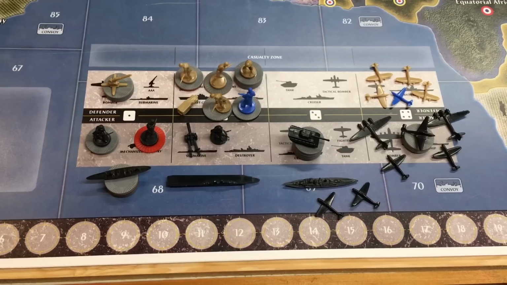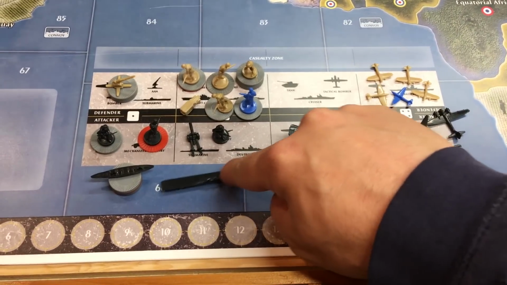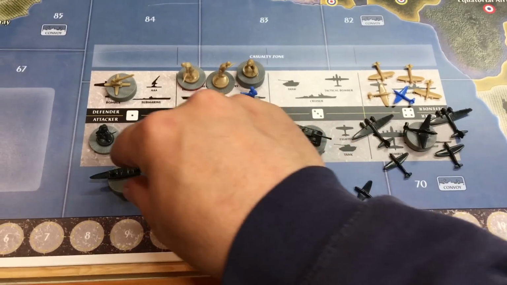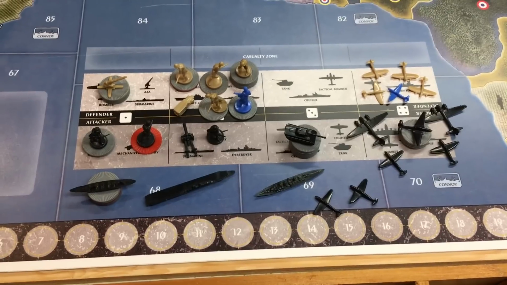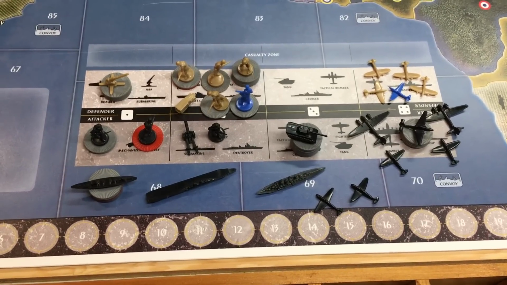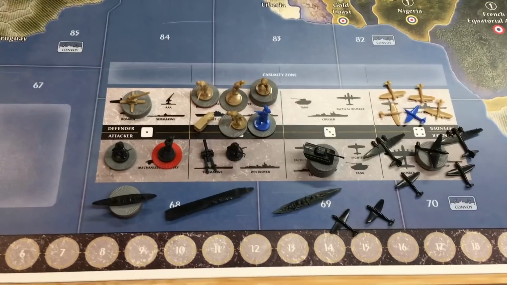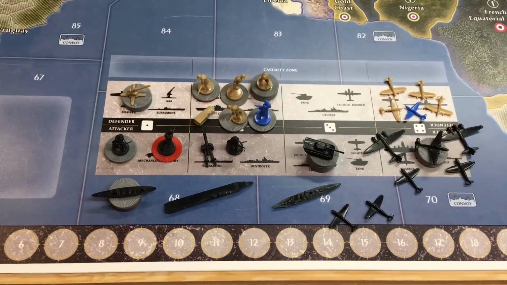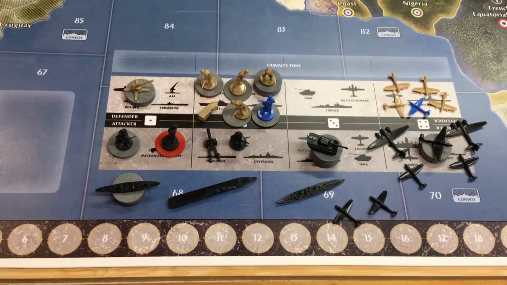So let's take a look and see what we have to do as Germany. Well, we have an aircraft carrier and a cruiser with all these transports coming in to 110 or 109. Let's just say it's 110. Now, before the battle happens, after the non-combat movement, United Kingdom is going to have the opportunity and decide if